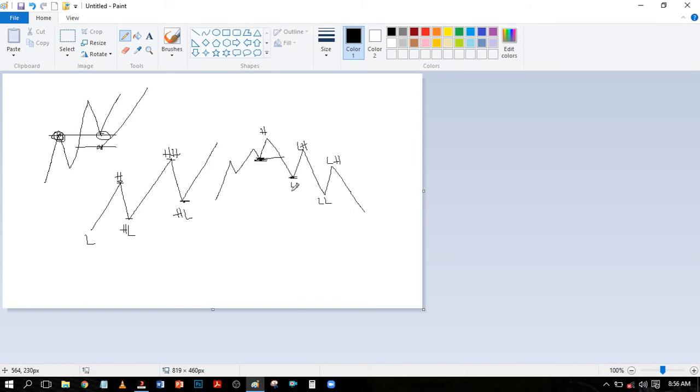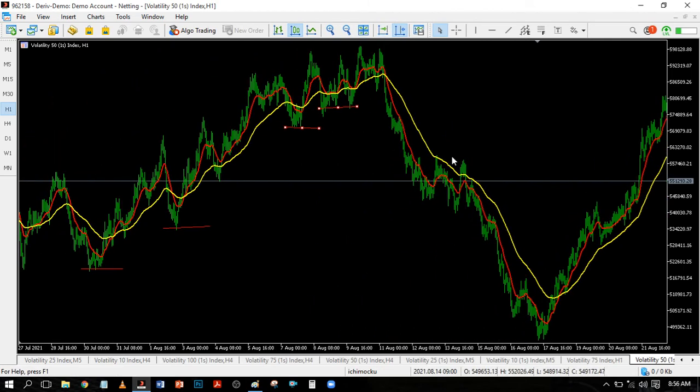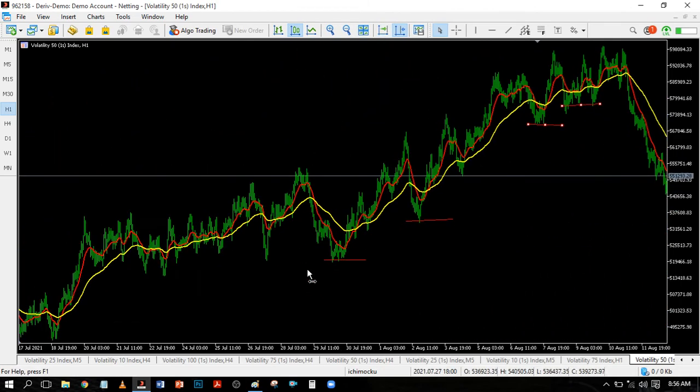So what am I waiting for? I'm waiting for this to happen, that is, to have a lower high. So you can see your lower high right here. Because this did not come back to this level when your indicator crossed back, the next thing is I'll actually forfeit this, because trading is about patience. So you forfeit this, then you wait for this to happen. Once this gives you a confirmation of the downtrend, then you can enter here and you sell. Then you make all this profit. So basically trading is about patience, and you just have to be very patient.